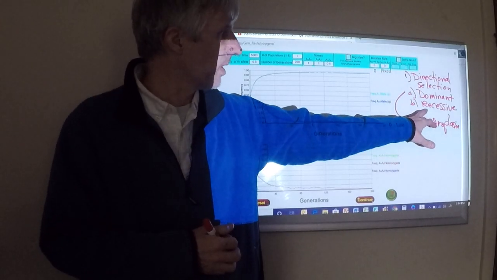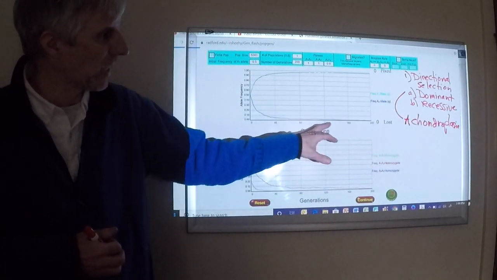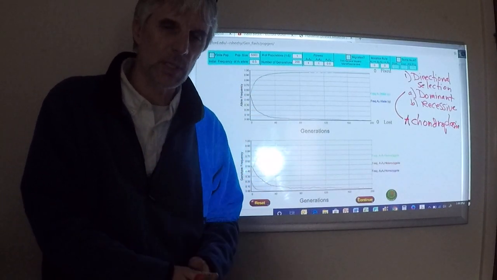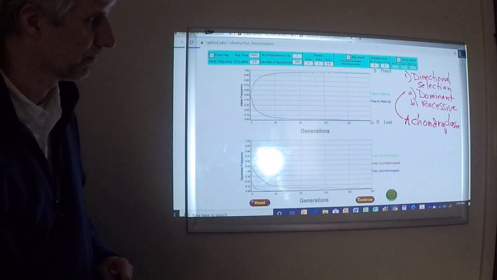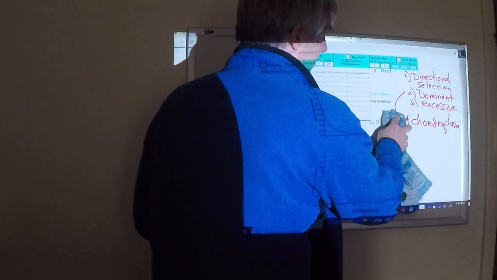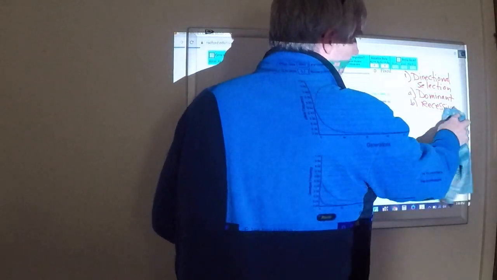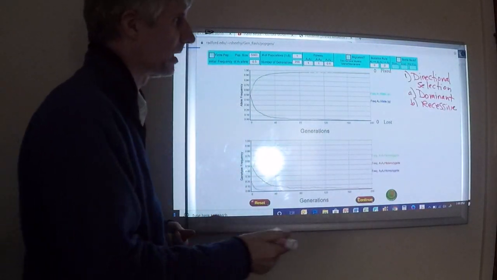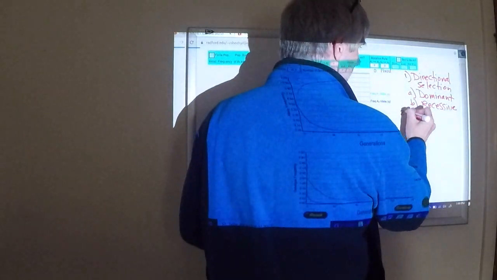The recessive ones are being maintained because of masking. The dominant ones are being removed but reintroduced into the population all the time. Okay? All right. Now, since I introduced things to you this way, I said, well, directional selection. You should be immediately thinking, all right, if he's talking